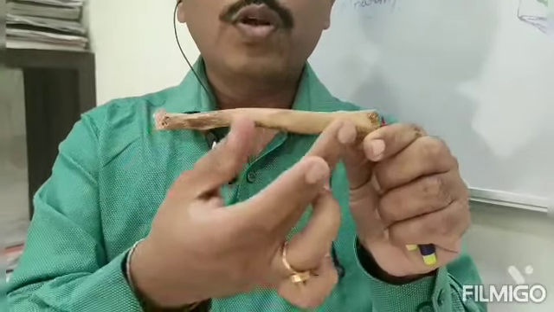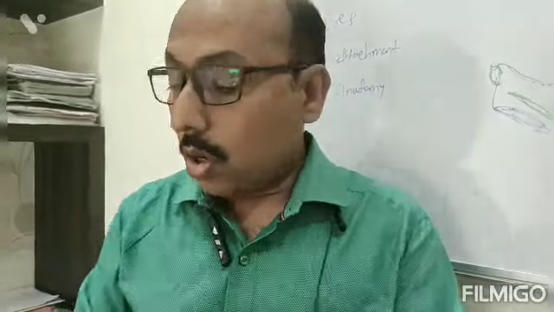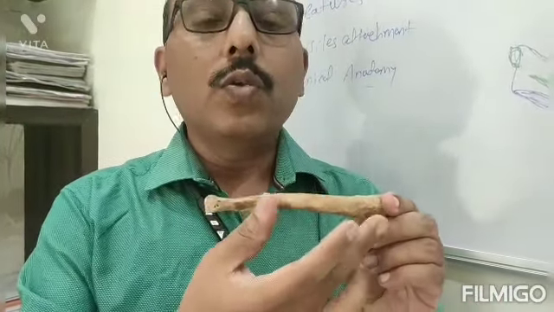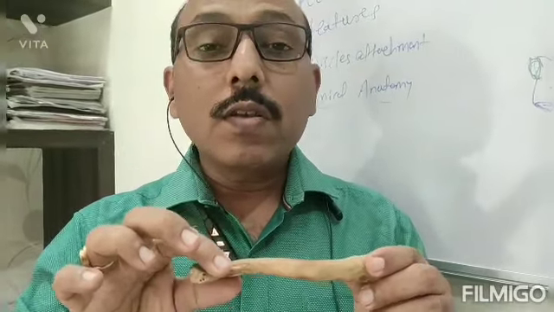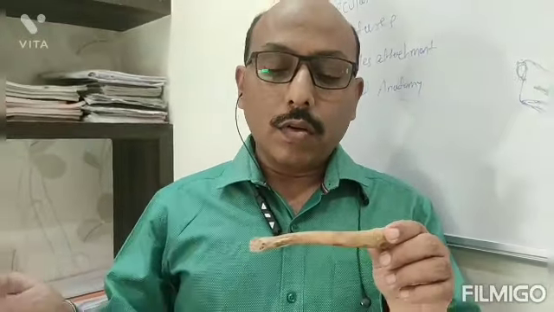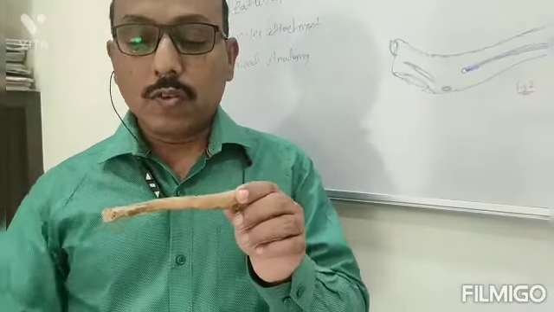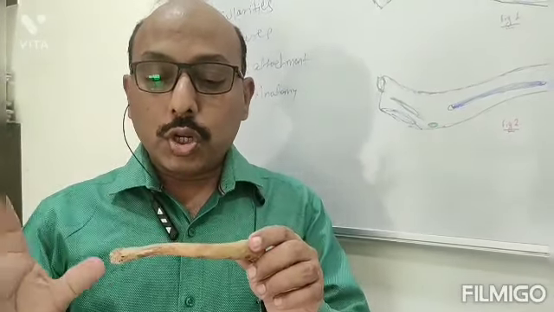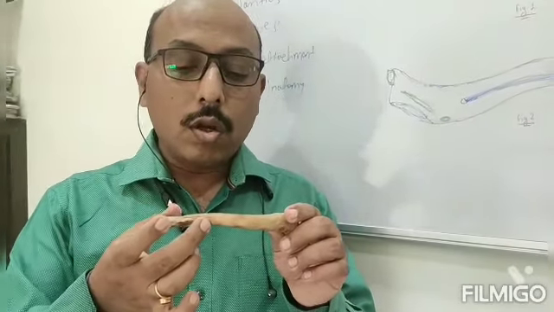At the junction of medial 2/3 and lateral 1/3 there is a curvature, and the fracture occurs at this site only. At the junction of medial 2/3 and lateral 1/3, the bone gets fractured when the person falls on an outstretched hand. Means you can say it is indirect violence. If the person is keeping his hand in an outstretched position, and someone gives him a push from the back side, then it is indirect violence. So the fracture occurs at this junction.